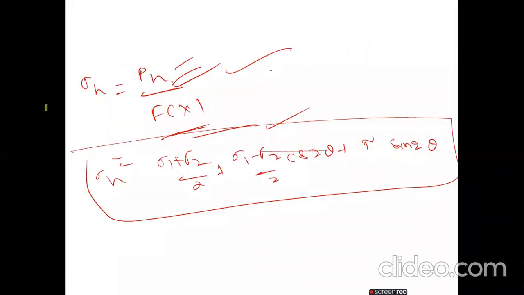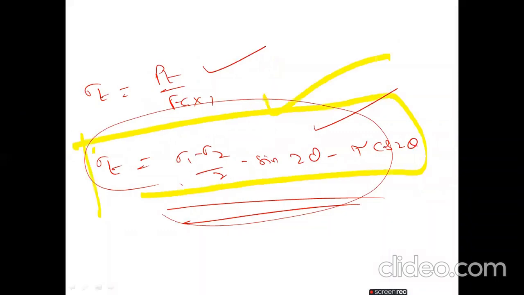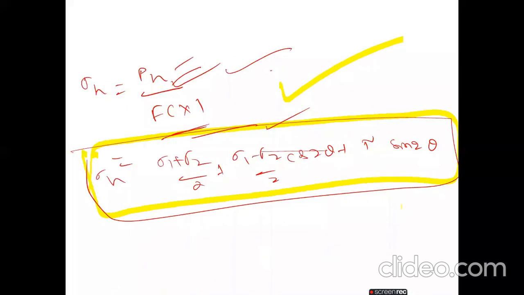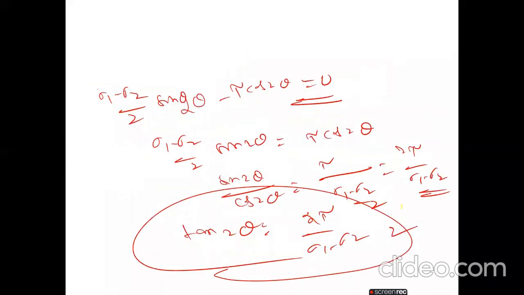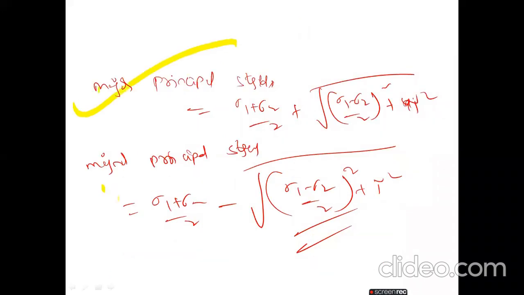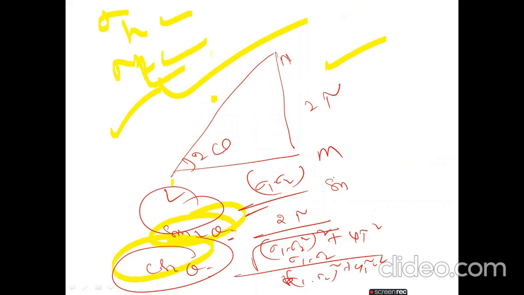Here, this sigma n formula is important. We solve only this one, and we use this equation, tangential stress. Only these two equations we use for problem solving. So that's why always use sigma n and sigma t, the normal stress as well as the tangential stress. But after that, when you need a major principal stress and a minor principal stress, please substitute this sin 2 theta and cos 2 theta we got from this triangle. Consider this triangle and substitute in the sigma n and sigma t. So you will get the major principal.